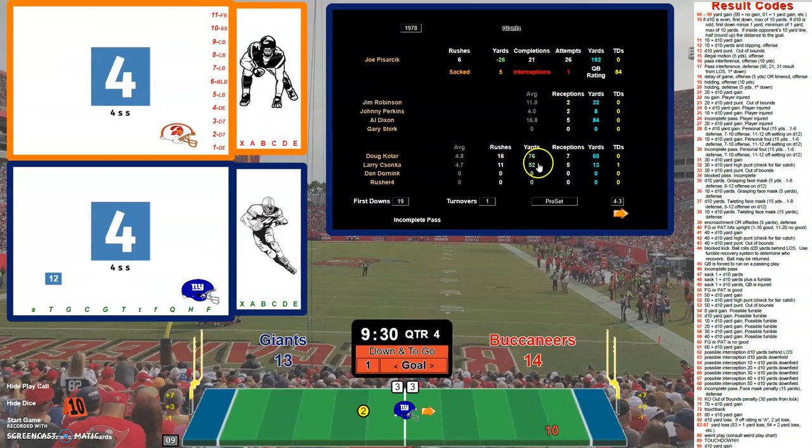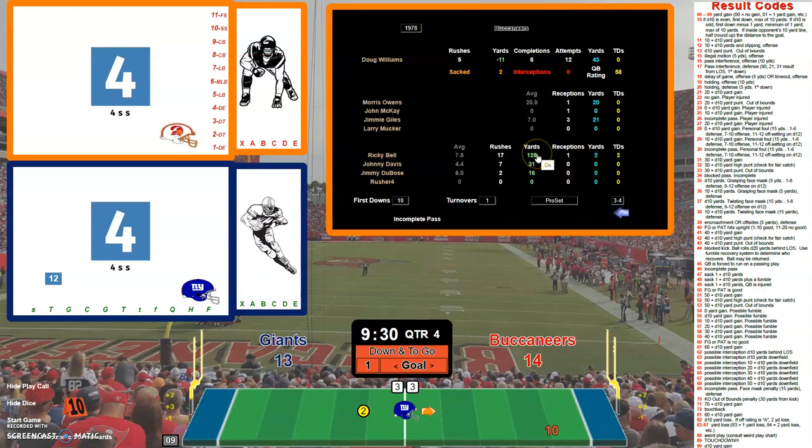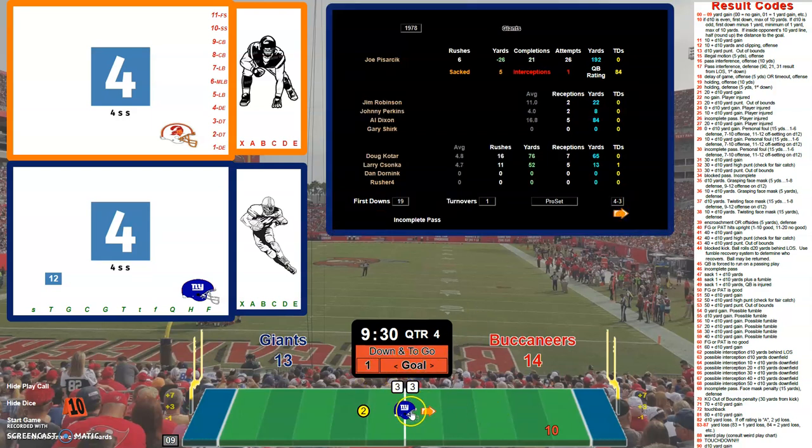You can see he has 76 yards, Zonka 52. If you look at Bucs, you can see Ricky Bell. He's had a couple big runs today, so he's above 100 yards already. So he was about 100 yards at the half, so it's slowed down. Like I said, he had a couple big runs of 30, 40 yards each. So, all right, so we have 1st and goal at the 10